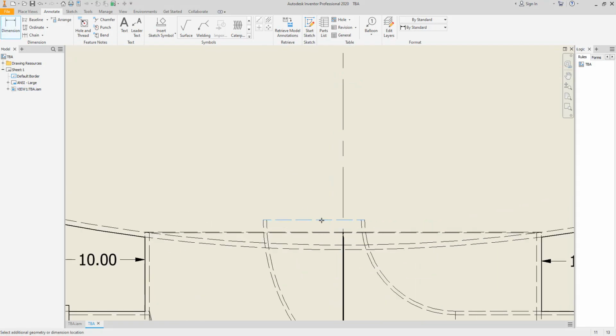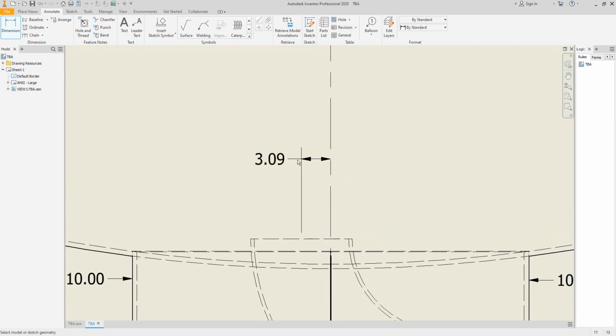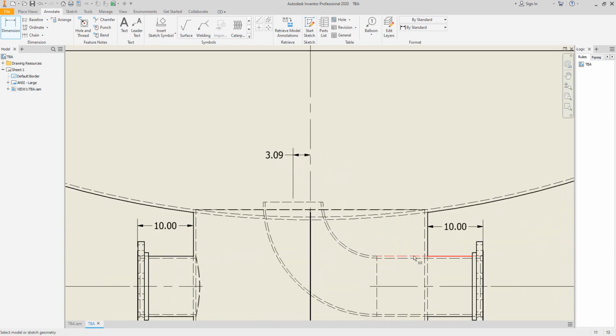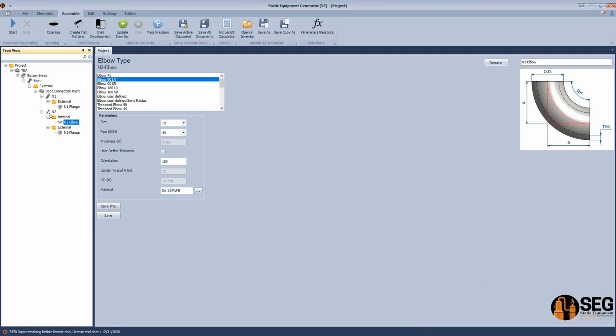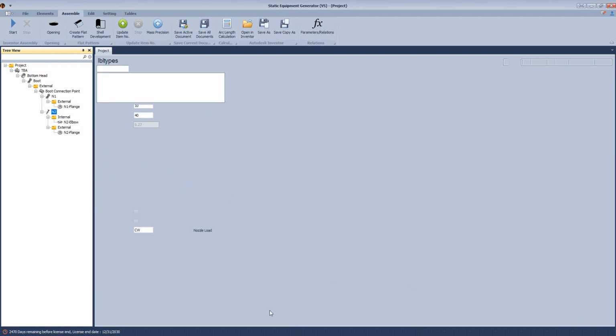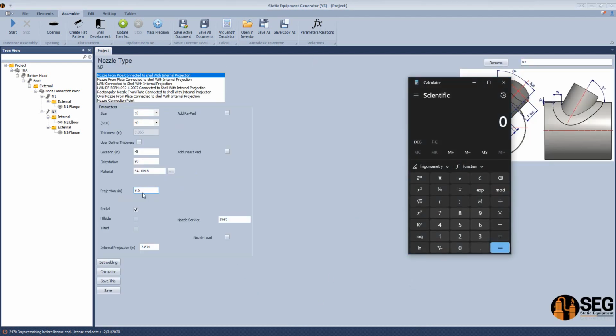So from here, let's measure the distance from the elbow center line to here. We need to decrease that value from the internal projection of this pipe. We have this internal projection, so we need to decrease that value a little bit. So let's come back to the nozzle, and from here, let's take this value, which is the internal projection, which is